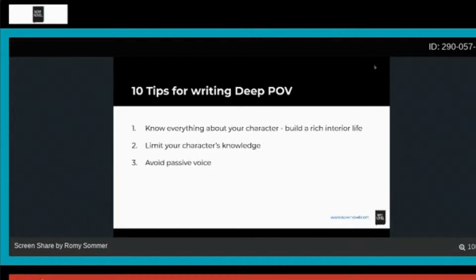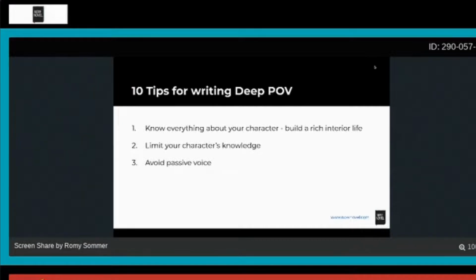Avoid passive voice. Passive voice is when action happens to the subject of the sentence, making the subject passive. I'm not going to go into the heavy detail on how to write passive voice, etc. You're welcome to go off and Google if you're not entirely sure. But an example, this is often used in business speak. The contract was signed by the foreman.